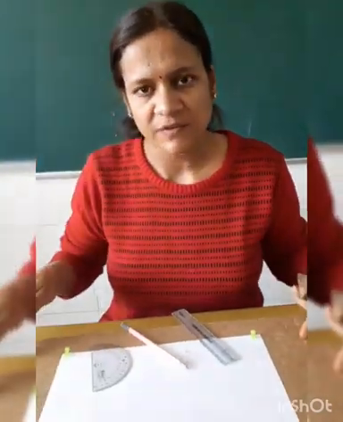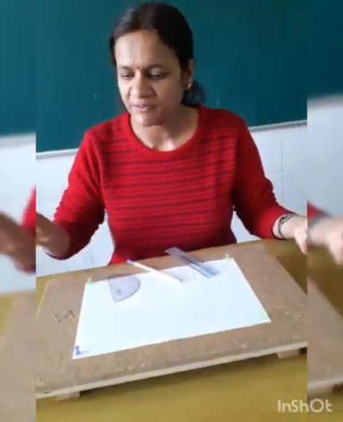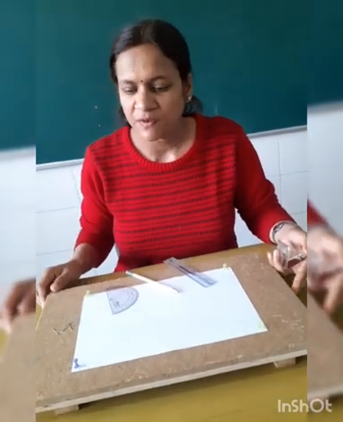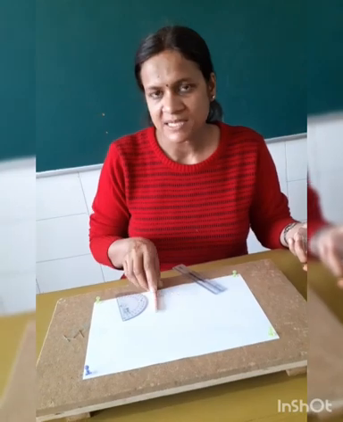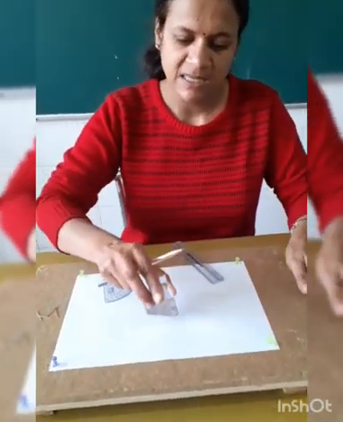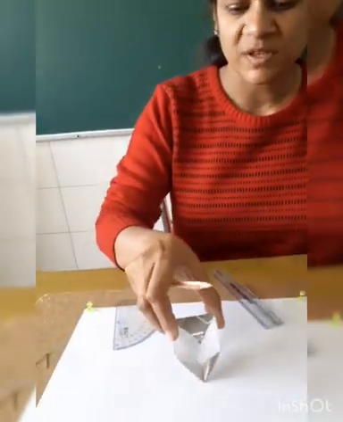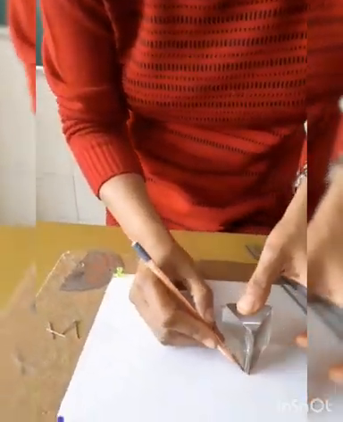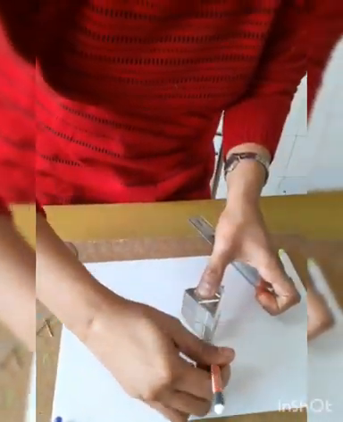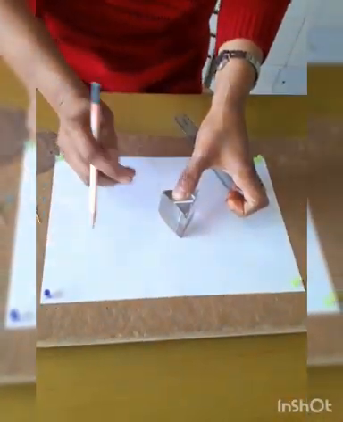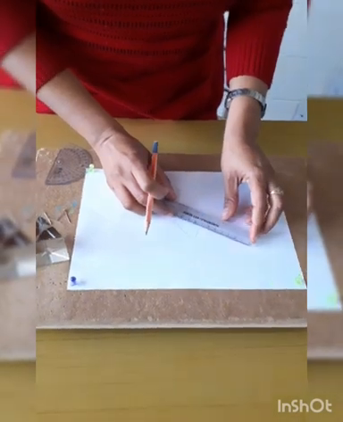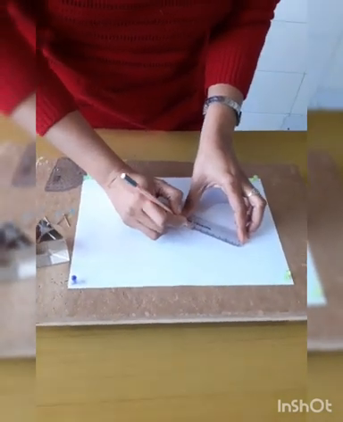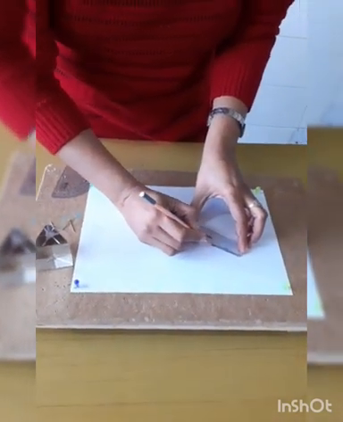We also need a prism board which is comparatively soft so that we can fix the pins into it. Then we have a white sheet which is fixed with the help of 4 thumbtacks, and then I'll place the prism over this board and mark the boundaries. Then I'll remove the prism and place the scale in such a way as to draw a normal with the help of a dotted line on the surface.